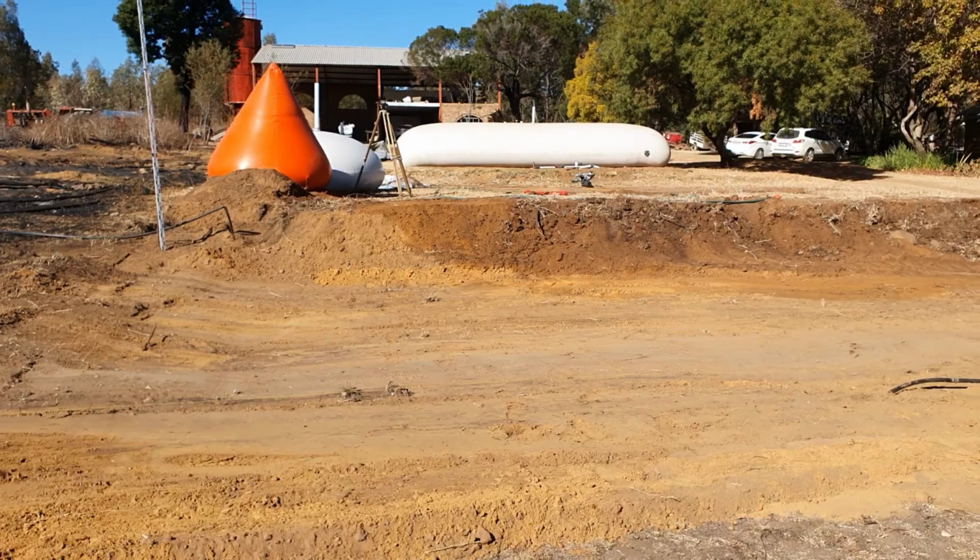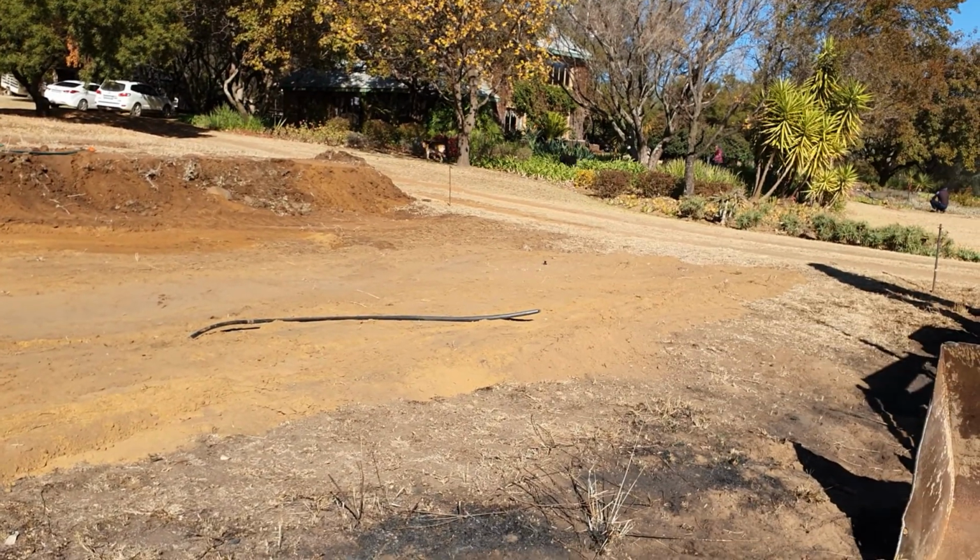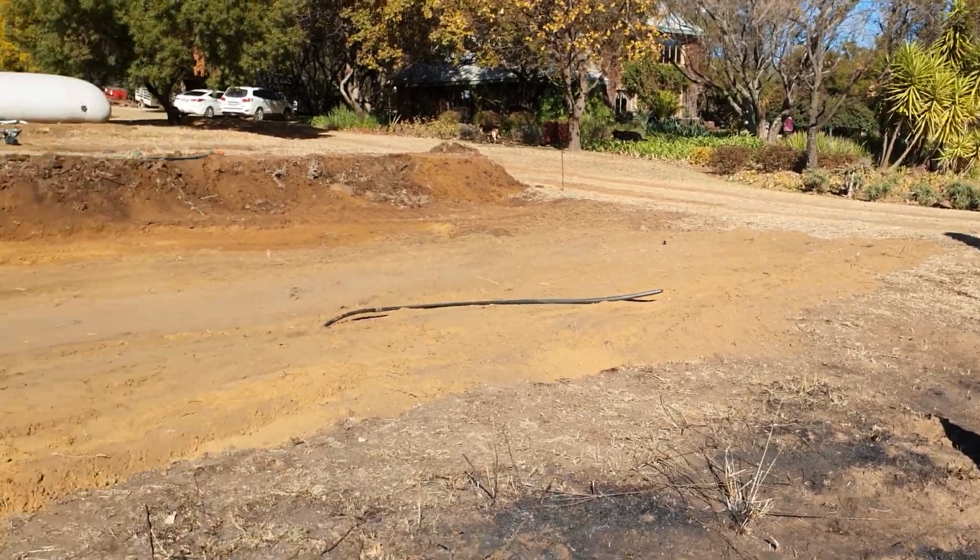Okay, so today I'm going to show you how we prepare a platform for a new dam, and this is the area that we're going to prepare. After leveling this area just by eye with a TLB, I've put up 4 pegs on the corners and put up a bolding line,